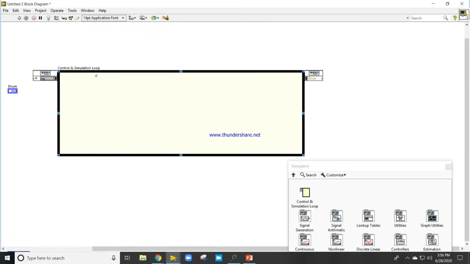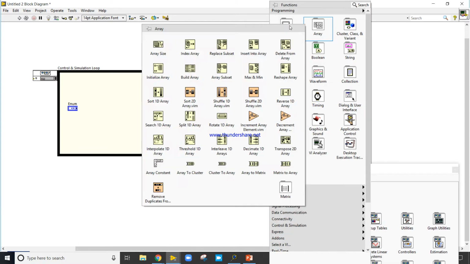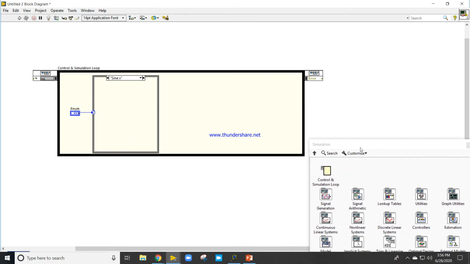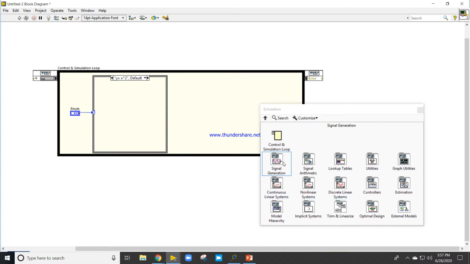Come into the block diagram, right click, come to the structures, take one case structure and place here and make a connection like this. Now first one is x square, so come into the simulations.